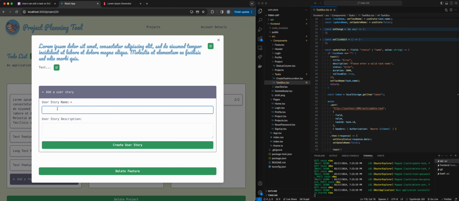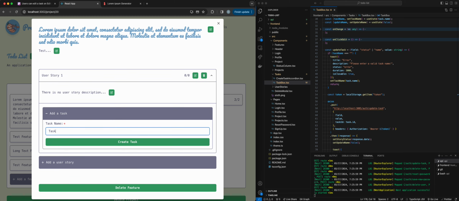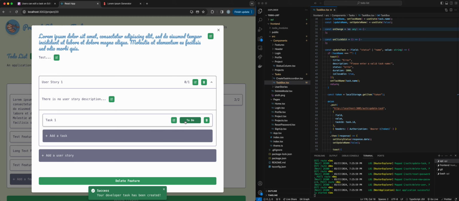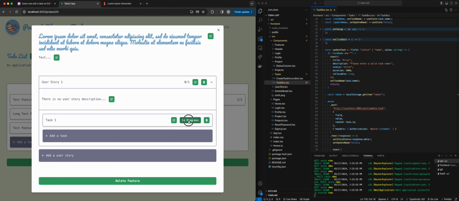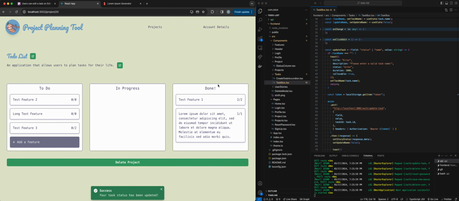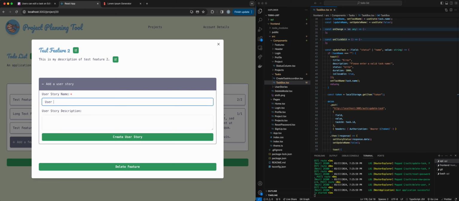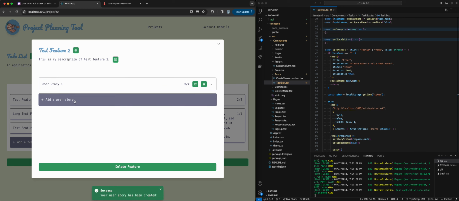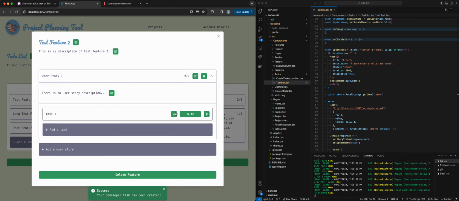So let's go ahead and add a user story. And let's add a task to it. So that way we can mark the task as when it's in progress. You can see it moved over to in progress. Let's go ahead and mark it as done. And now we have it moved over to done, okay? So I'm gonna kind of do this again because I wanna see the entire project update. All right, so now we have it in progress, move to in progress, done,